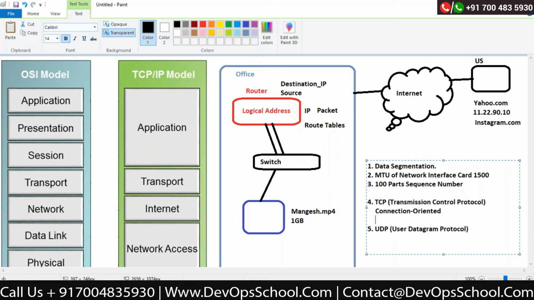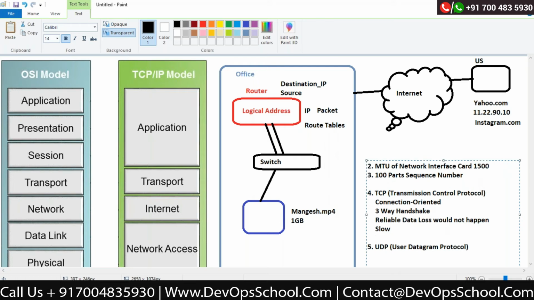It works on a three-way handshake. It is very reliable. Data loss would not happen. It works slow actually. The functionality is slow as compared to UDP.